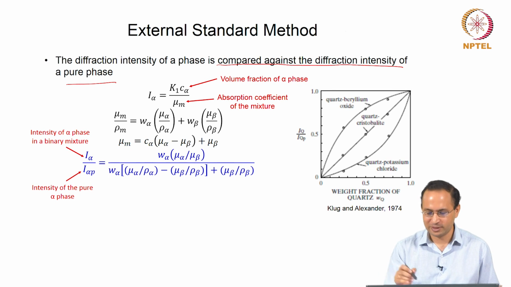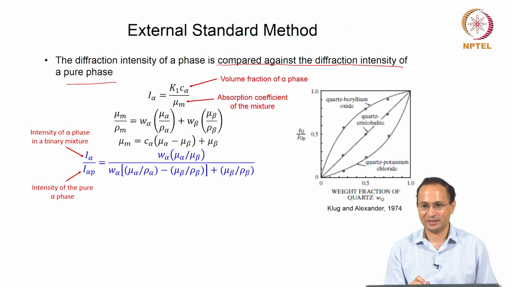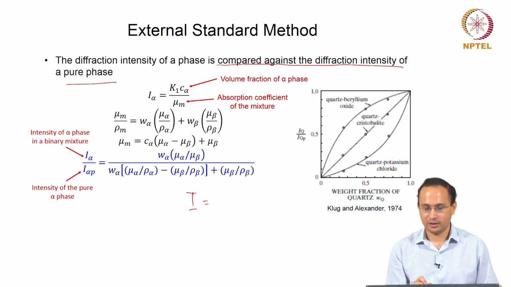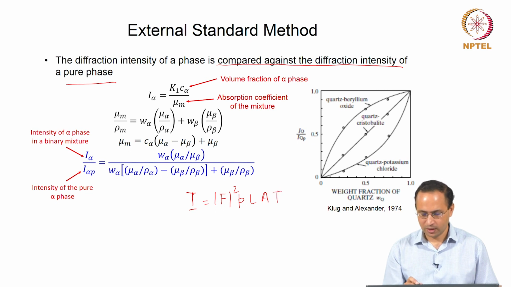You all know the famous equation: how do we calculate the intensity of the diffracted beam? We are coming back to that because it is very important. So, I is proportional to the square of the structure factor, then the multiplicity factor, then the Lorentz polarization factor, then the absorption factor, then the temperature factor. So, we can also write it as